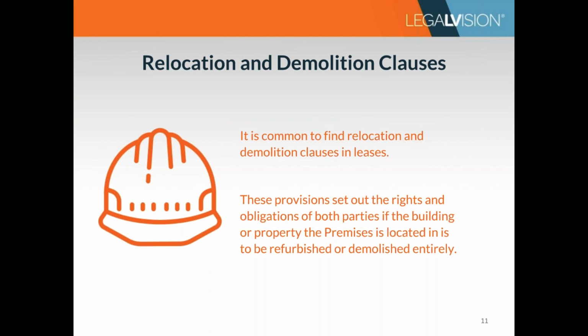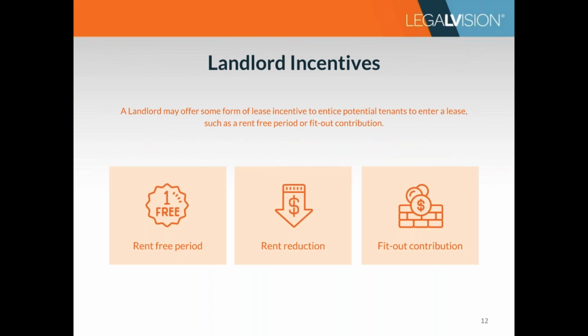We now turn to the landlord's incentives. A landlord may offer some form of incentive to entice a potential tenant to enter into a lease, such as a rent-free period or fit-out contribution. It doesn't hurt to ask for one of these. The most common examples of incentives are, and it really comes down to what type of business you're running as well. So the first type is a rent-free period, and what this means, it's basically an offer of essentially a